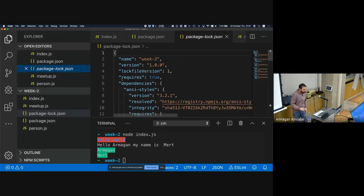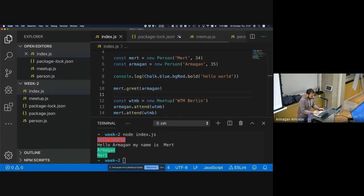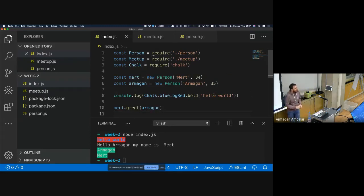Okay, in our code, in our index.js, if you remember, let me just close these. Every time I type node index.js, what happens? The Node.js runtime starts, reads the file, takes it into memory, and then goes line by line, just like we did with debuggers. Please don't forget about debugging. Tomorrow, take a note to yourself: I'm going to research debugging. Debugging is important. Just like our debuggers do, line by line, the Node.js engine starts reading the code and